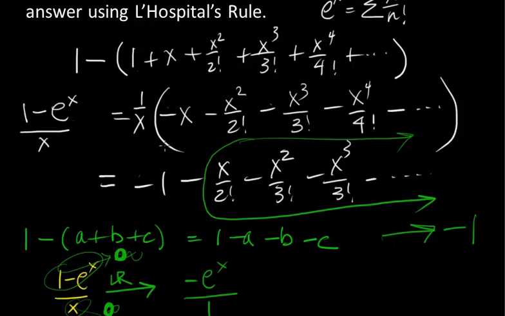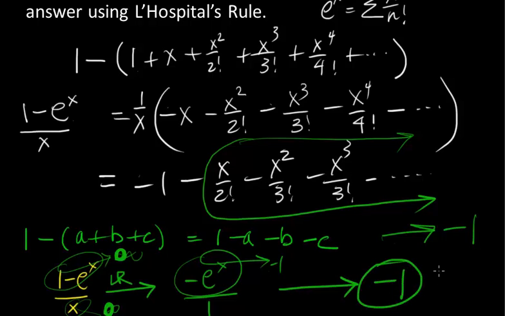And now, sorry, we're always letting things go to infinity in these series, and I made a mistake. All right, so 0 over 0 qualifies, and we take the derivatives. And now as x approaches 0, this approaches minus e to the 0, which is minus 1. And so our limit is minus 1 over 1. And we checked our answer with L'Hopital's